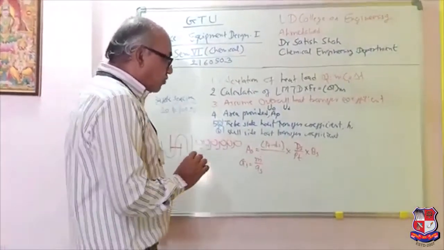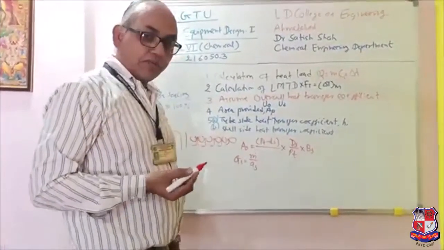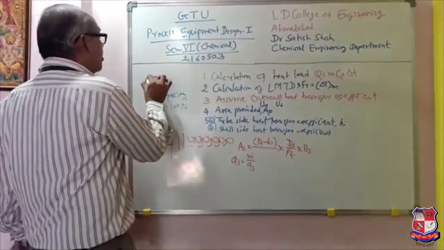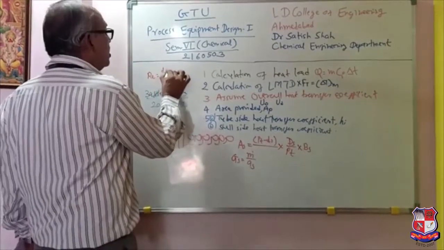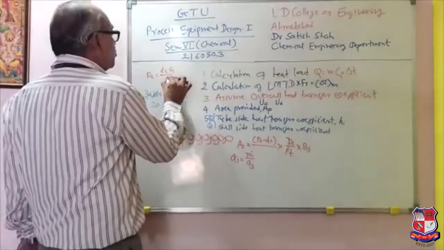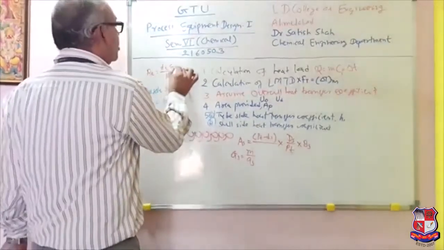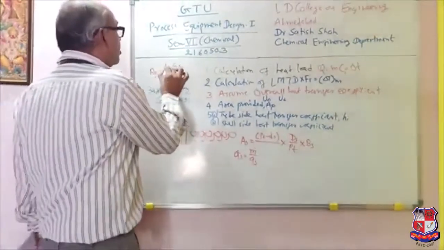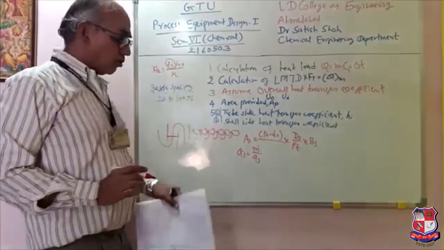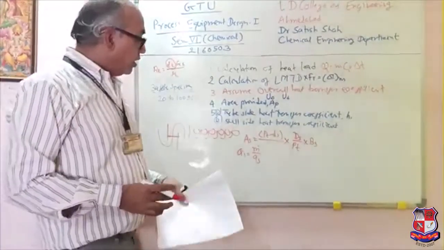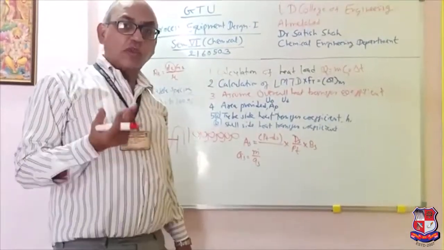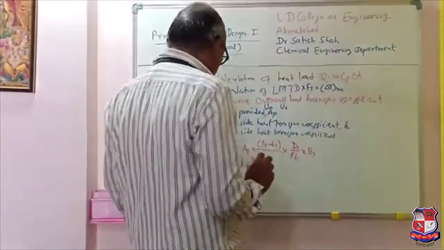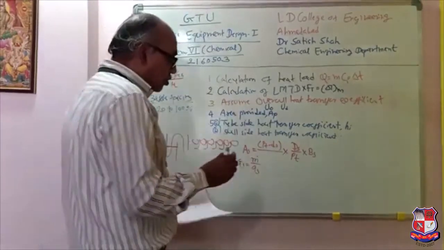Okay. Now we want to calculate the Reynolds number. For Reynolds number, what you need is the equivalent diameter. Reynolds number is equal to dE G by mu, and here G is GS. This equivalent diameter is again a very important term as far as the shell side flow is concerned. The equivalent diameter varies for square pitch and triangular pitch, so let us discuss both.